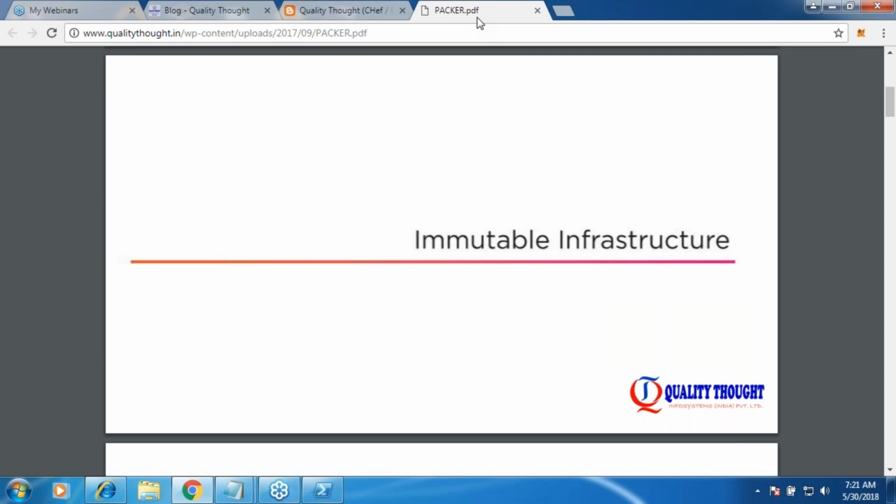This is what Packer is known for: immutable infrastructure. What is immutable? Mutable means changes are allowed. Immutable means changes are not allowed. If changes are not allowed, why do I need to use Packer? The whole purpose of immutable infrastructure is that changes are not allowed manually. If you want to create anything, create it via Packer. Any change we control via Packer. So that's why we call it immutable infrastructure. Anything which we want, we will be writing something in Packer which gives us infrastructure.